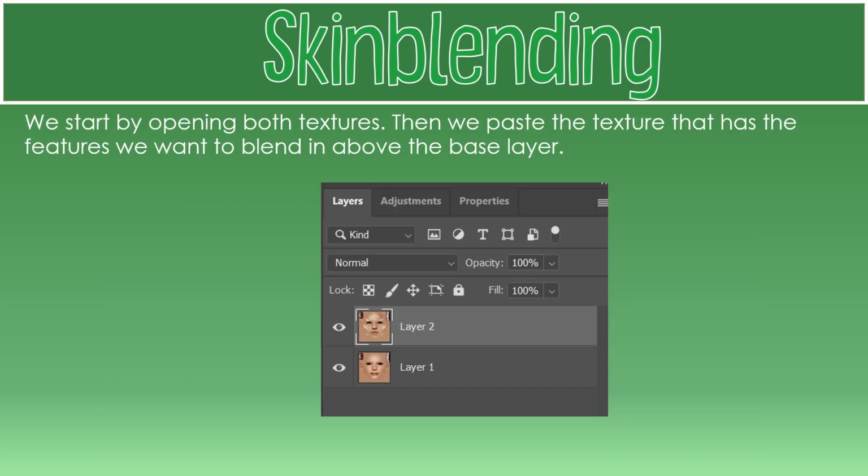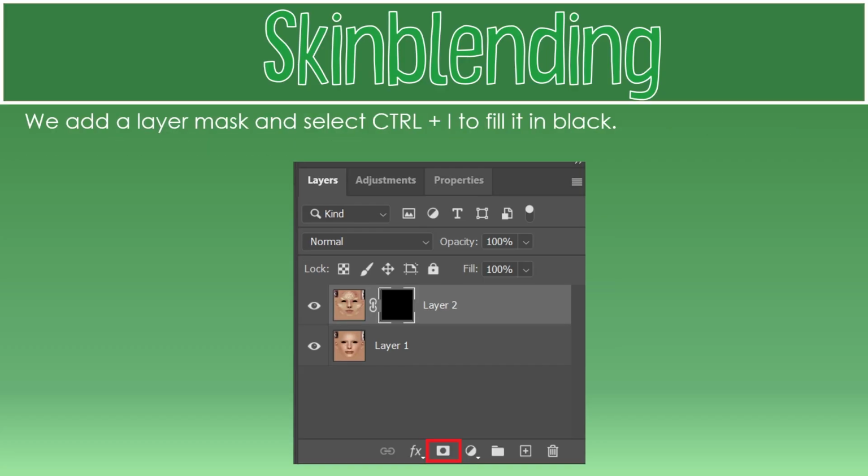So we open both files in Photoshop, we copy the top layer, which in this case is the Delvian skin tone. We paste that over layer 1, or the base layer, which is YSIM 16. We add a layer mask to the top layer. We just click that little mask icon there, and then we press Control-I to switch it entirely to black. Now all you're going to see is the bottom layer, because the top layer has been completely masked out, but